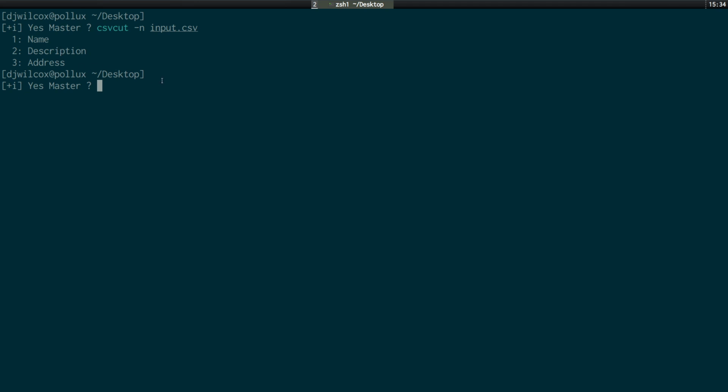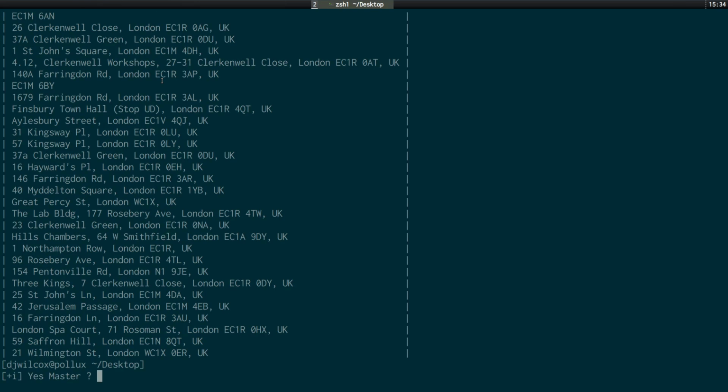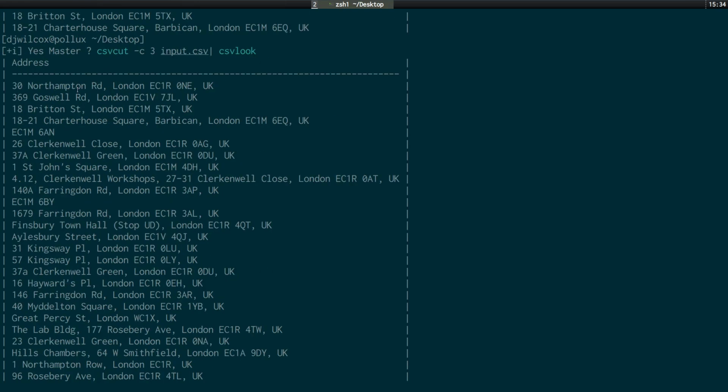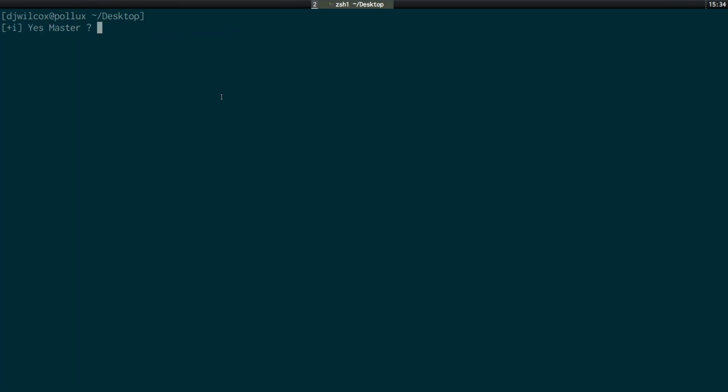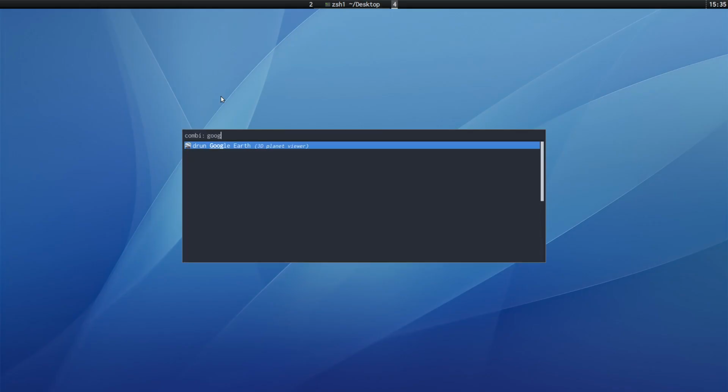What I'll do is just have a look at the address format. I can pull out the address column, which was the third column from that file, and pipe it into csvlook, which will display all the addresses in the format they're in. So what we have is street, city, postcode and country, all in one column. The reason that's important is because that's some information we'll need to provide to Google Earth when we convert the file. So what we'll do is open up Google Earth,